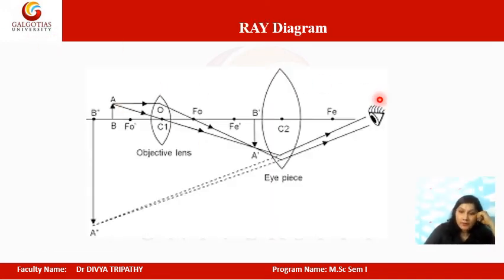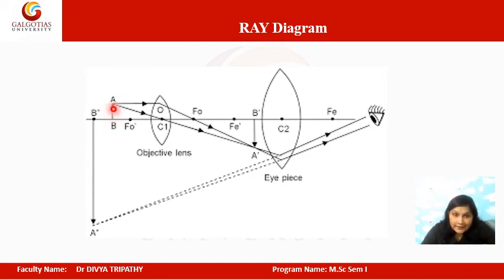This is the ray diagram of the compound microscope. By using this ray diagram, you will be able to understand how the compound microscope magnifies the image of the smaller object. This is the object, which you have placed on the slide. The slide is placed on the stage, and below the stage you will have the condenser lens and mirror. From the mirror you will get the light rays. We are starting to explain the ray diagram from the objective only.